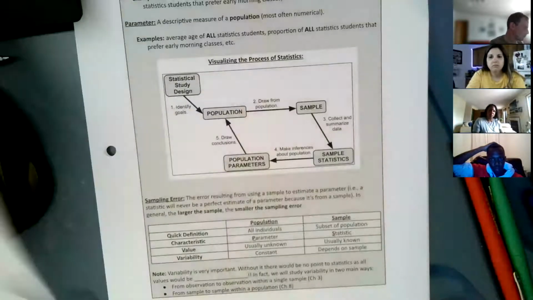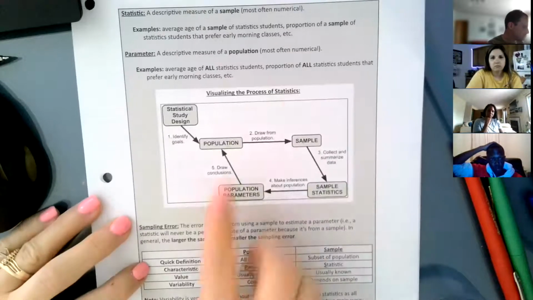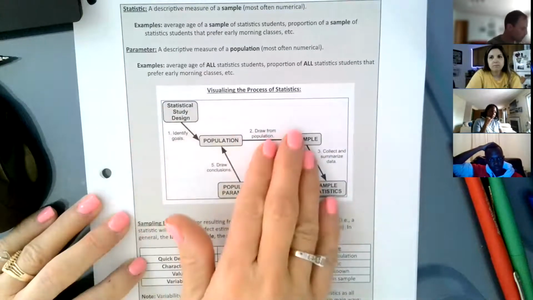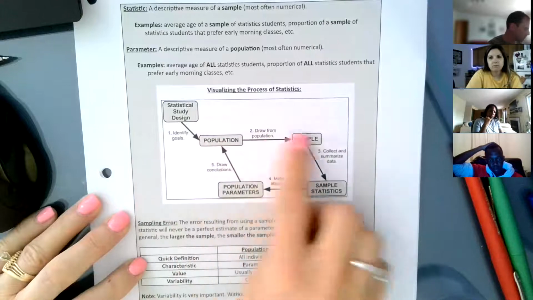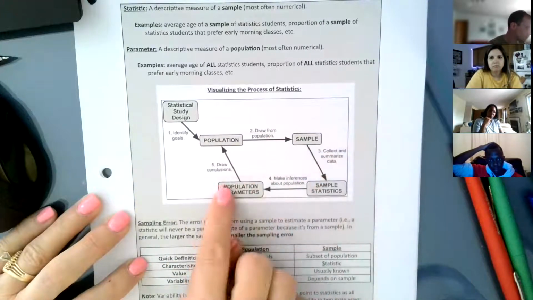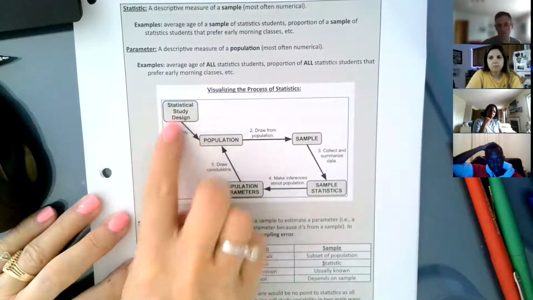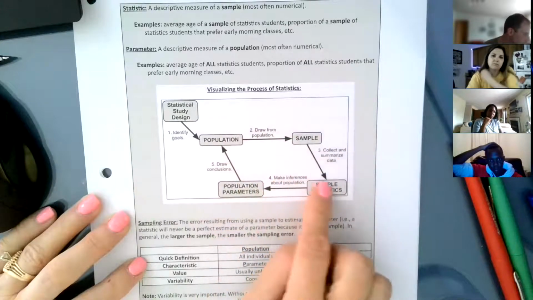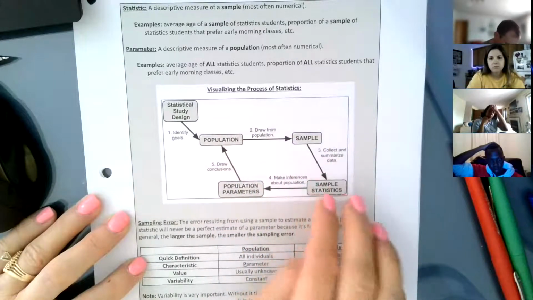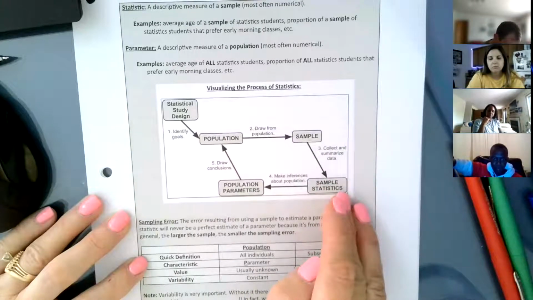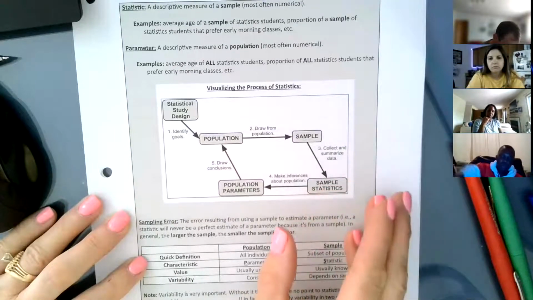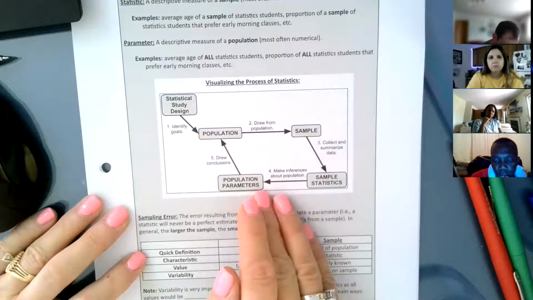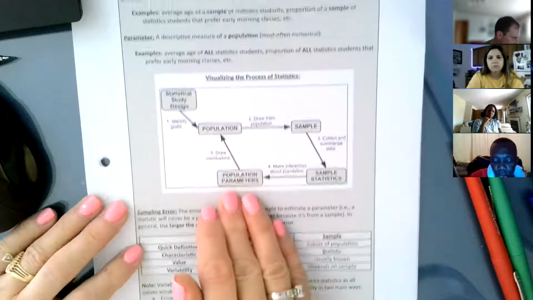We're also going to think about visualizing the process of statistics. More towards the end of the semester, we're going to get into making inferences, but early in the semester, we're going to talk about what a population is, how we get a sample, and having a sample, getting some statistics on it. Statistics are characteristics from the sample, like the mean or the median. That's a characteristic of the people in the sample. And then we're going to use those characteristics to do some predicting or inferencing about the population parameters,